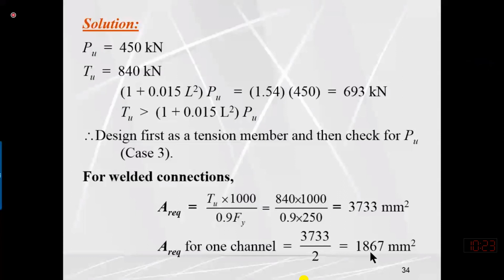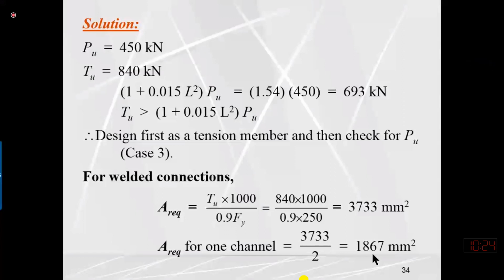In the first group on page 66, third section, C 180 into 14.6. Area is 1850. I will not select this, because 1850 is less than 1867, so this is not as per our requirement. So page number 65. My third trial section, on page number 65, may be the last one: C 200 into 17.1, and area is 2180.